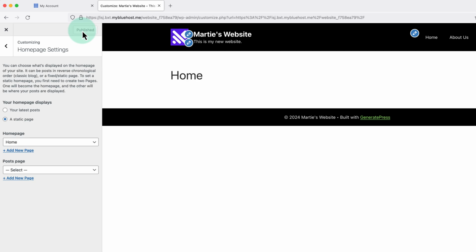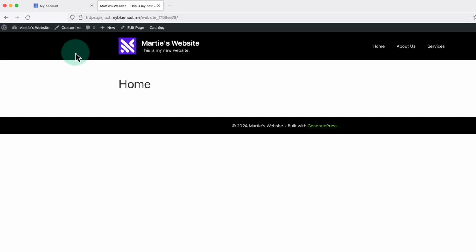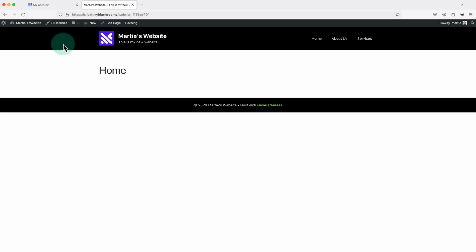Then instead of clicking the back pointing arrow to go back, we're going to click the X in the top left to close out of the theme options. And at this point, we'll see that all of the changes we made are now live on our website. So we have our logo at the top if we added one, or if not, we have our site title and tagline. Then we've changed our website's colours, and our homepage has been updated to the new one. Then we also have our menu in the top right with our different pages,